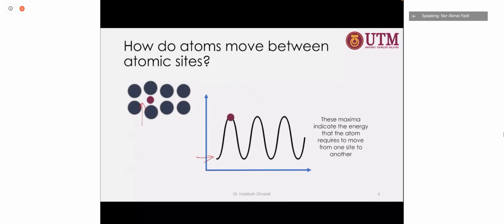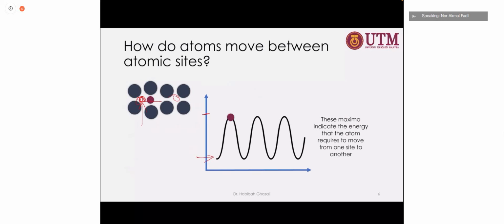However, this maxima position in the amplitude indicates the energy that the atoms require to move from one side to another. To pass through this, it needs energy coming from externally, so it can move from one side to